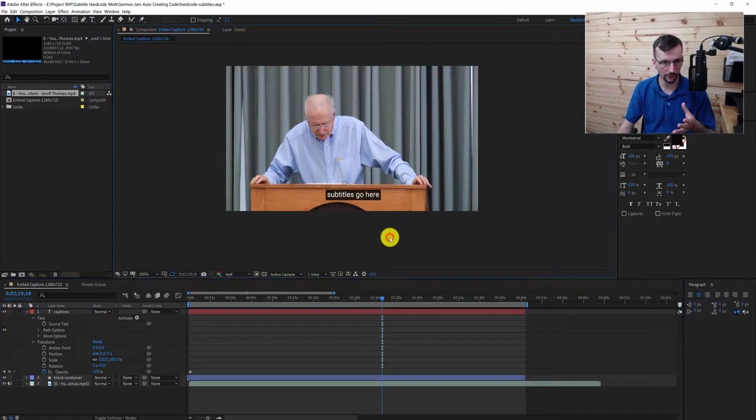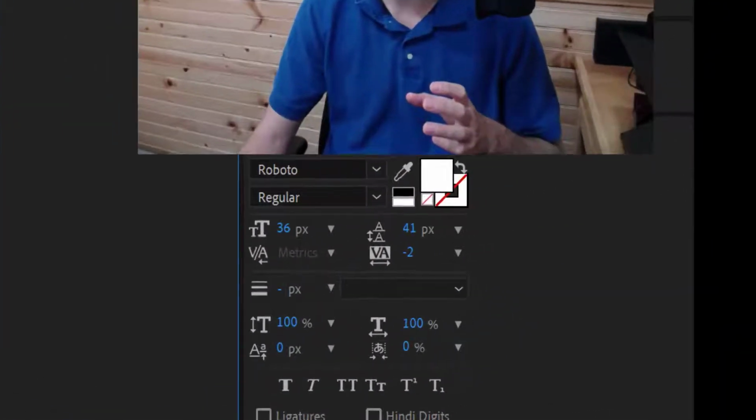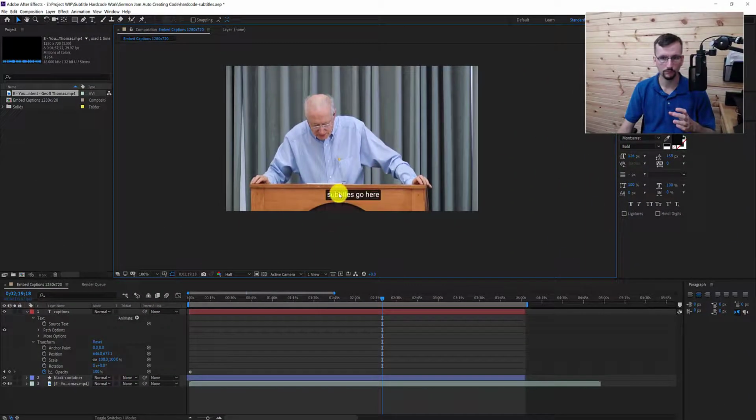And as you can see right away, that is how I've stylized it. I've tried to imitate Facebook and YouTube, and they tend to have this black box that is opaque with rounded corners, and with this font, Roboto font, and this font size is 36. And so I've tried in this file to imitate what the professionals are doing behind these two massive companies. Okay, so